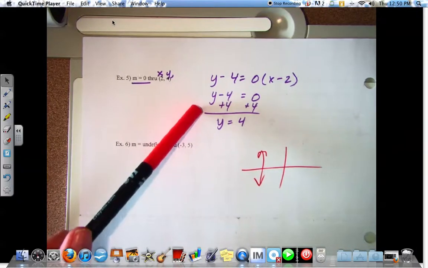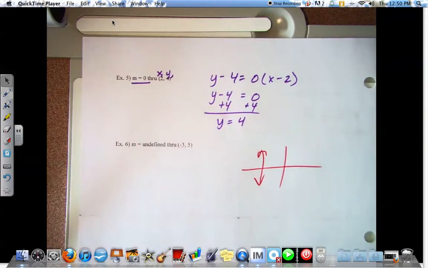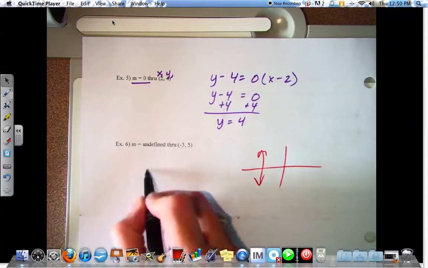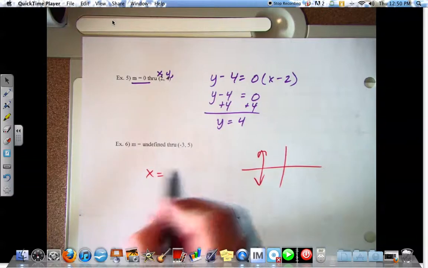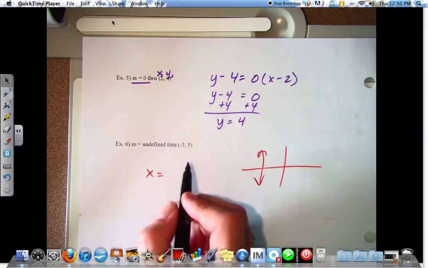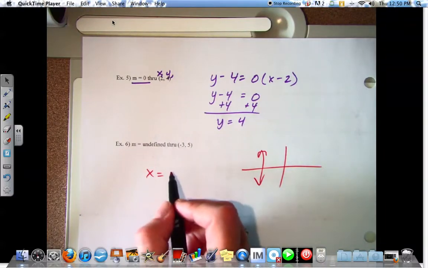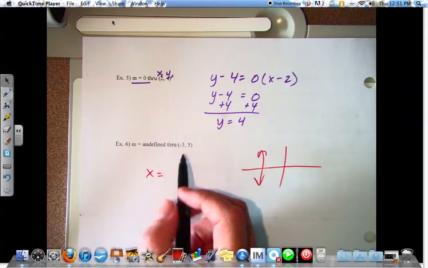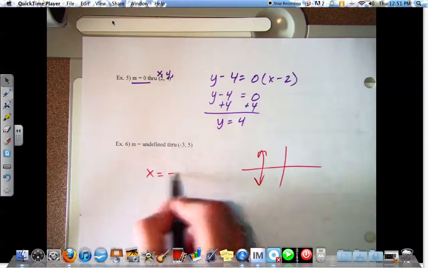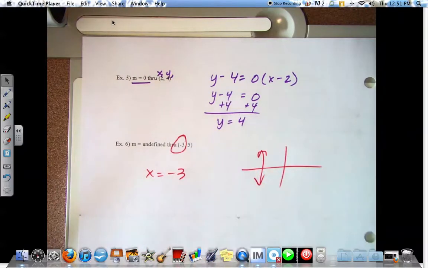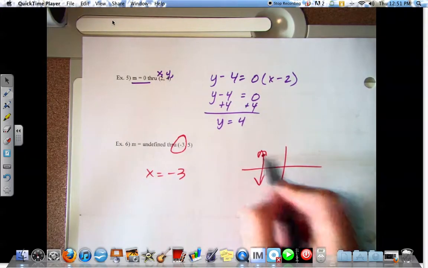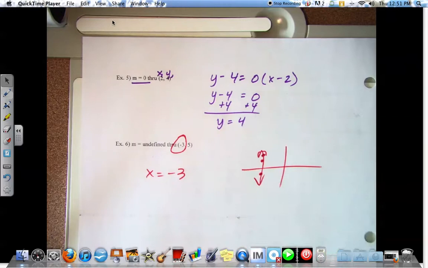No. So, do we write y equals? No. So what letter are we using? X. And what does x equal? X equals a number. What is that number? Negative 3. Well, what do you do with the lonely 5 then? Nothing. You just leave it hanging because it's hitting it here, it's hitting it here, and it's hitting it here. I'm just telling you that it's going to the